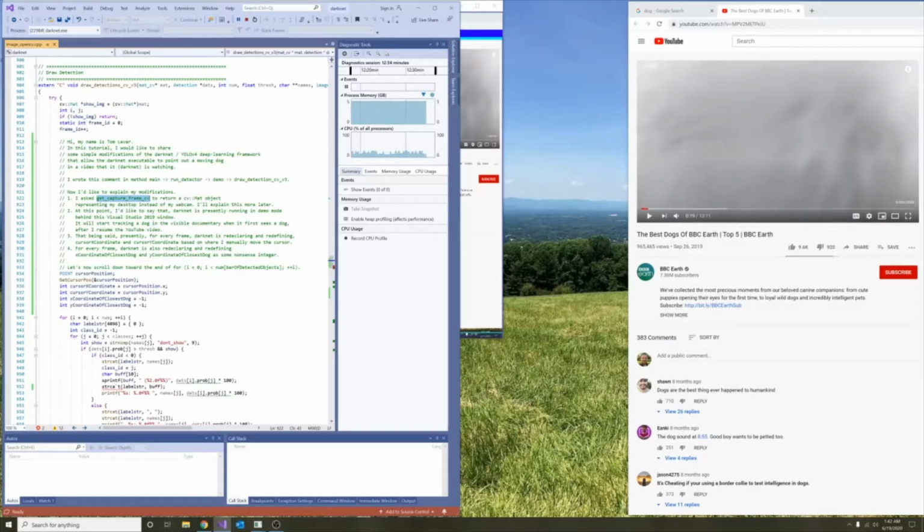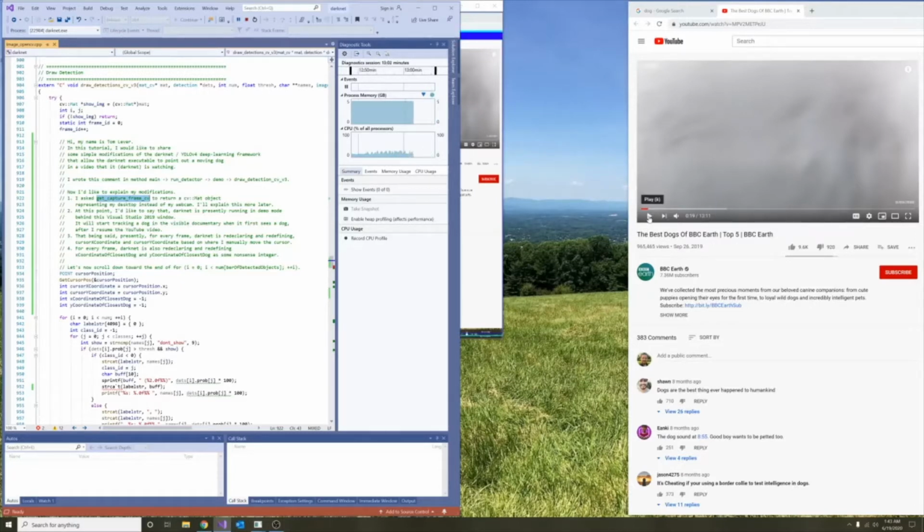At this point, I'd like to say that darknet is presently running in demo mode behind this Visual Studio 2019 window. It will start tracking a dog in this visible documentary when it first sees a dog after I resume the